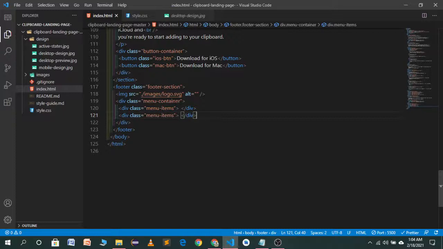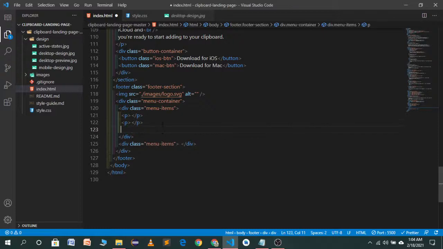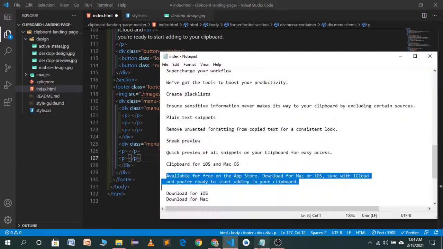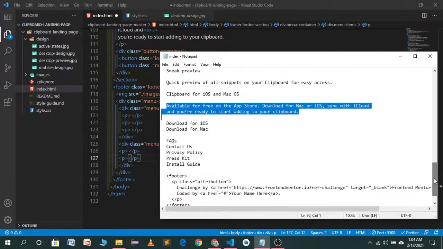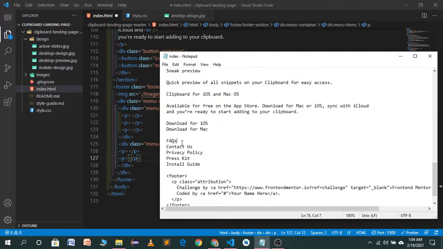So let's move to this part and use three p tags in the first part and two p tags in the second part. So I will copy the text for p tag, which will be FAQs.